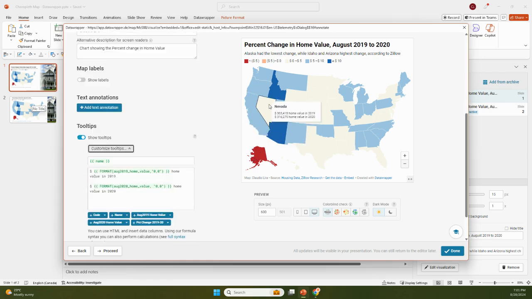But an important item that I wanted to show you is here regarding the tooltips. Because here in the tooltips, notice how I have the state name and the values in 2019 and 2020. And these tooltips are based on this type of formatting that we can use. In this case, we have the name of the field that we can use the format function to HTML to give the numbers this thousand separation, and